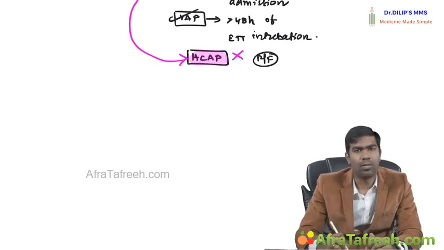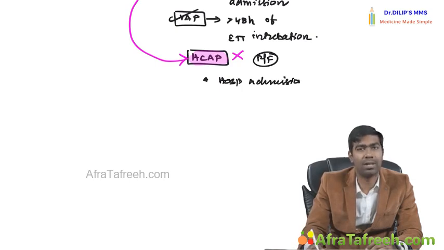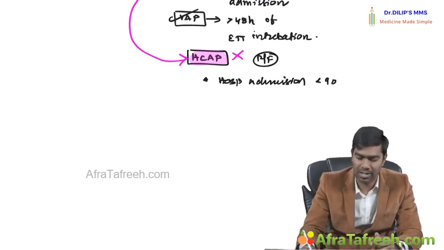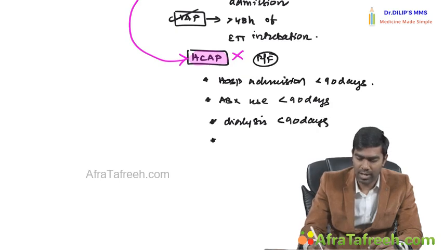But traditionally, let us see what are the risk factors of getting a healthcare associated pneumonia. Number one, if the patient had a hospital admission, not recently, but very remotely, within the last 90 days. Or if the patient had an antibiotic use in the last 90 days, any form of antibiotic. The patient underwent dialysis in the last 90 days, or any immunosuppressed patient like HIV, or a patient who was receiving chemotherapy or a cancer drug,